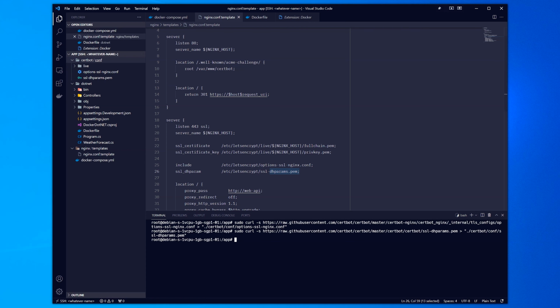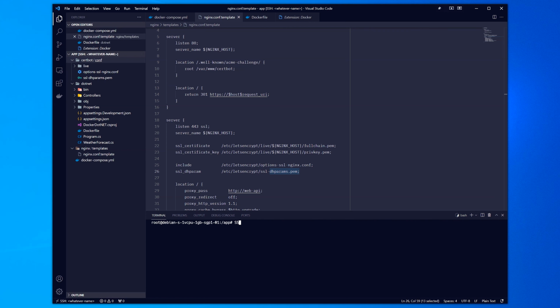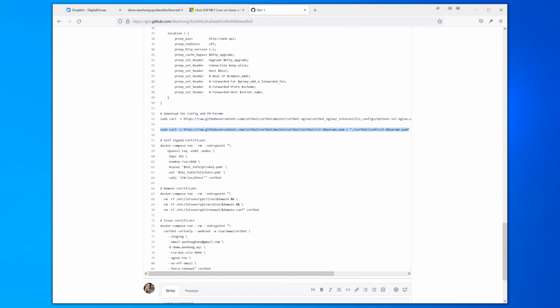Then the next thing, we need to define a variable. Let's Encrypt live, then followed by our domain again. This is because we are going to reuse this path again and again, so it's very troublesome for us to keep typing it. So we just store this into a variable, then we go back to the gist again to copy this self-signed certificate